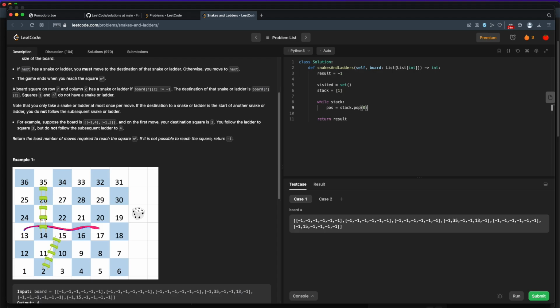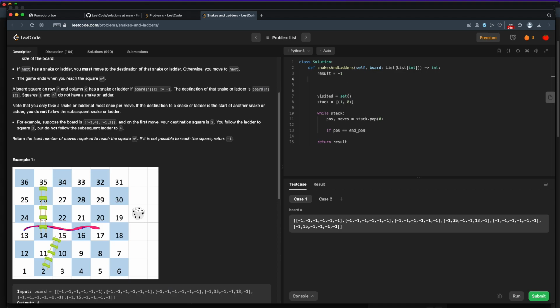Okay, so one thing I've already noticed that I'm going to need is I'm not keeping track of the number of moves we've done so far. So I need not just my position, I need how many moves we've taken to get to that position. So this is going to be position, comma, moves. All right. Now, if our position is equal to the end position, okay, we don't have the end position yet, so we'll